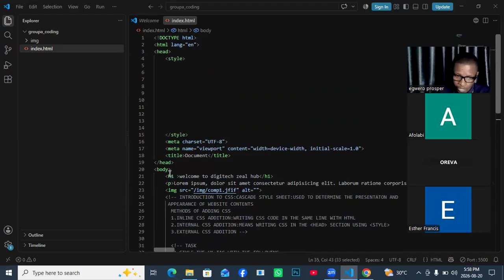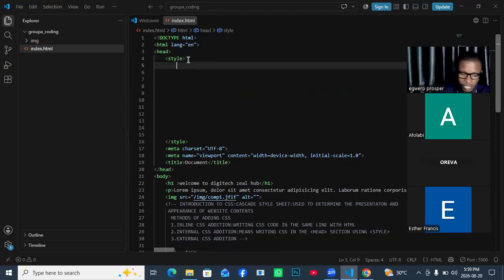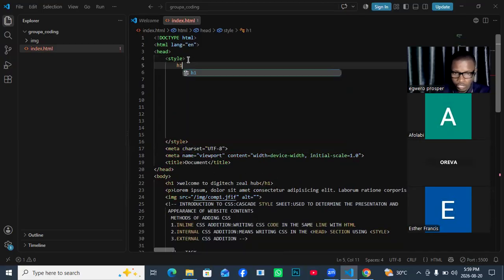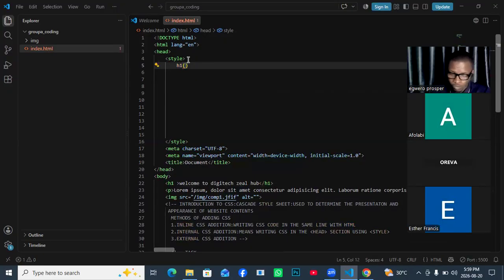Now, the first thing I will do is, okay, H1, I want to talk to. So I'll come here. I'll say H1. Then you will now open this curly bracket. Check your keyboard so you know where to get that bracket. It is not this bracket too. Please take note of it. It must be this curly brace. We call it curly brace bracket. So once you type it,